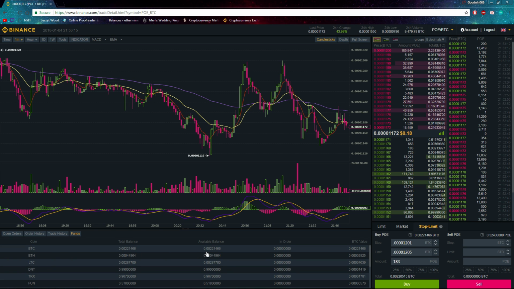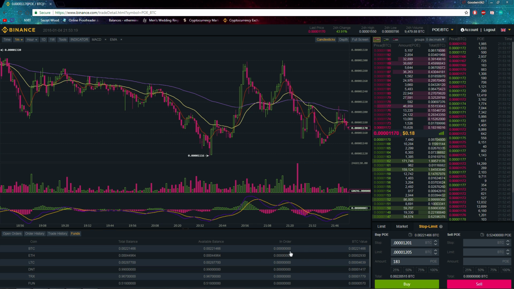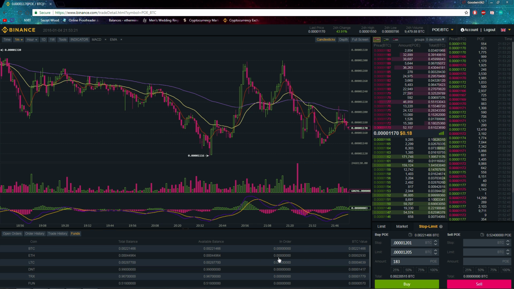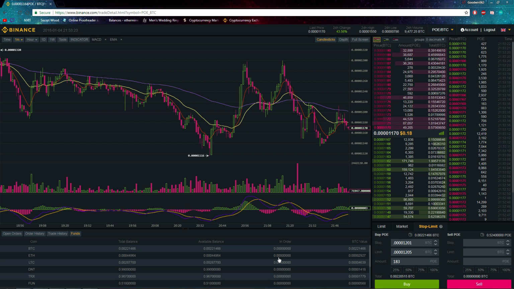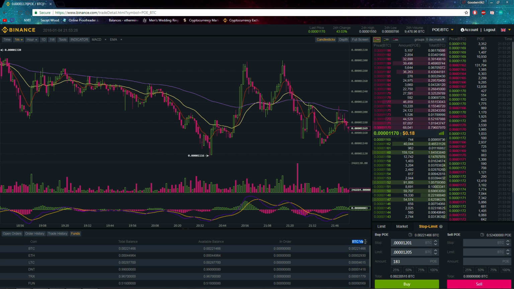initials, your total balance, your available balance, in order, meaning if you have a limit order or a stop limit order, that's going to be holding your money. You can't use that money while you have a limit order in. And then the BTC value is the total amount, and that's the difference between the available balance and the total balance. The total balance is the in order balance plus the available balance. The available balance is all the money you have to actually put in an order, not ones that are stuck